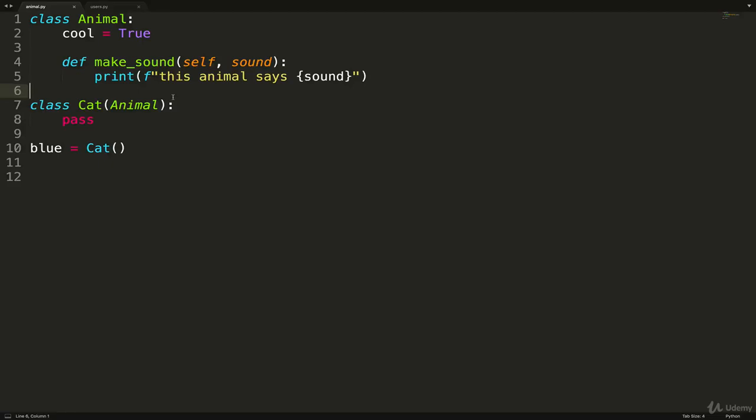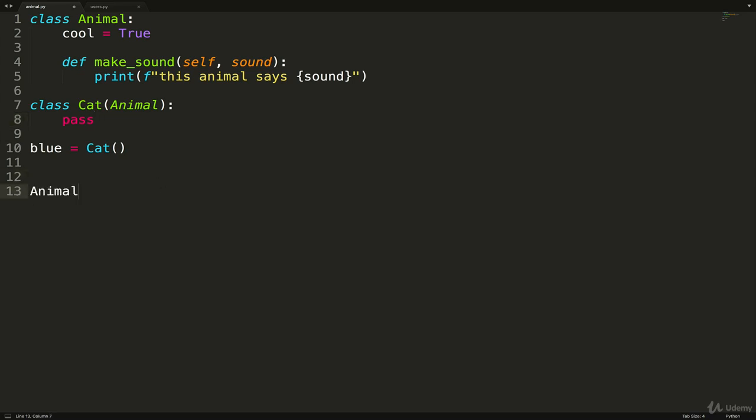All right, so we've seen the basics of inheritance. Now let's dive a bit deeper. So we have our animal class and our cat class that inherits from animal, but right now they don't really do anything. Well, cat has zero functionality, has nothing different than animal. So let's switch it up a bit. Here's what I'd like to do.